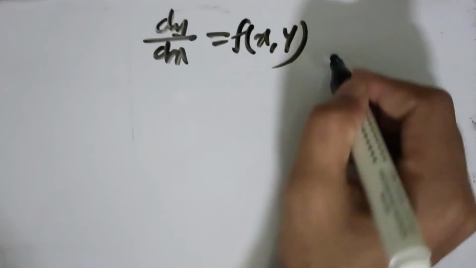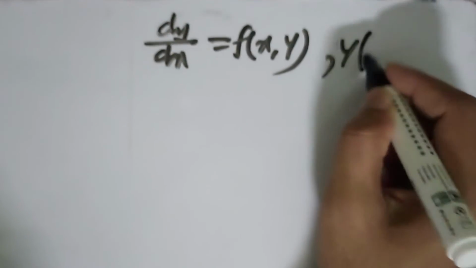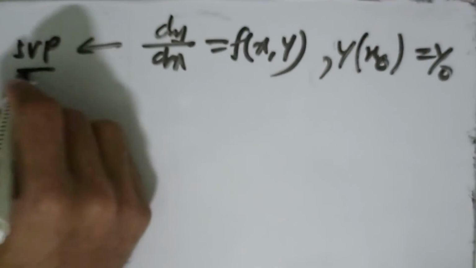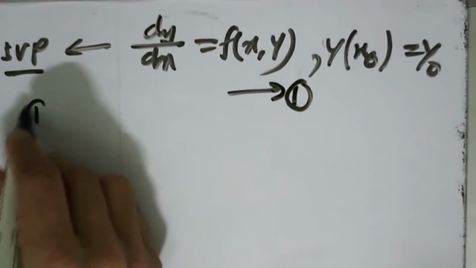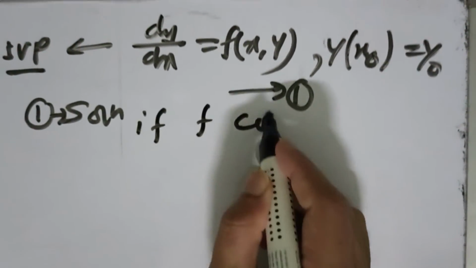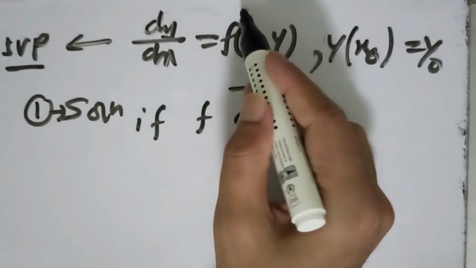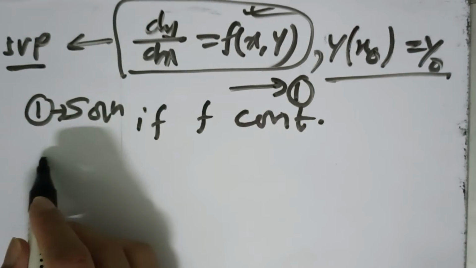We know the initial value problem dy/dx is equal to f(x,y), y(x0) equal to y0. This is the initial value problem, IVP. You can name it 1. The 1 has a solution if f is continuous. Okay, f should be continuous. Then this initial value problem dy/dx is equal to f(x,y), y(x0) equal to y0 has a solution. Further, this solution is unique